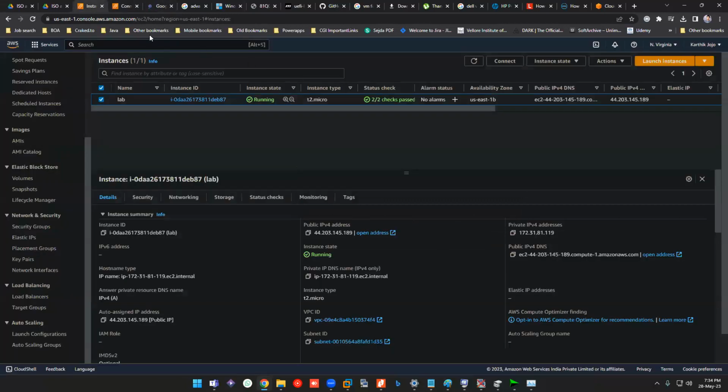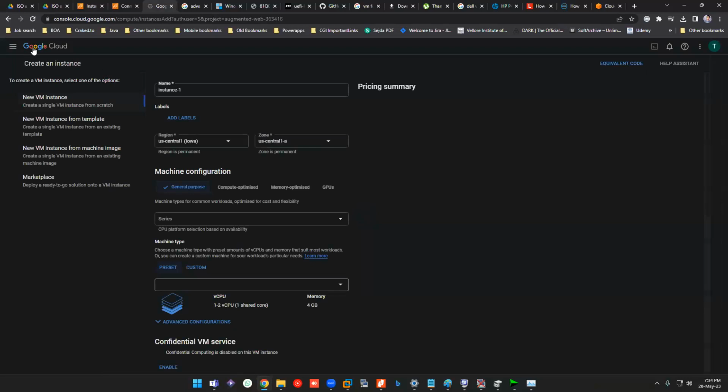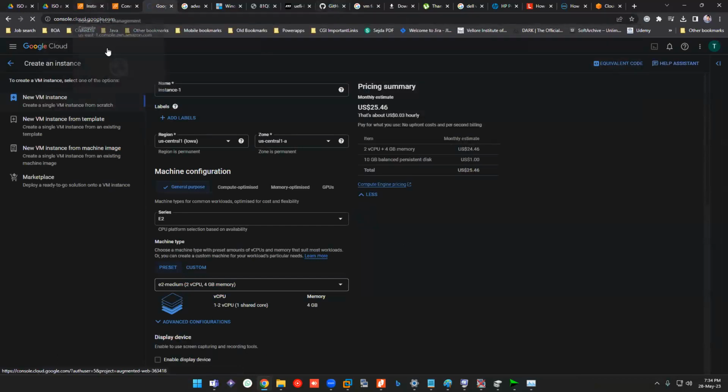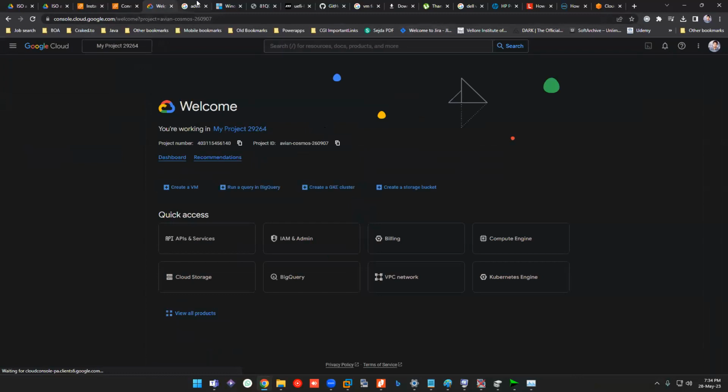Now I'll be showing you how to initiate in GCP. So let me stop it now only. The disclaimer in GCP is that, first of all, the user interface itself will be a bit complex for you. It won't be as easy as AWS, but it is good. They are improving in some way. So yeah, just a sec.